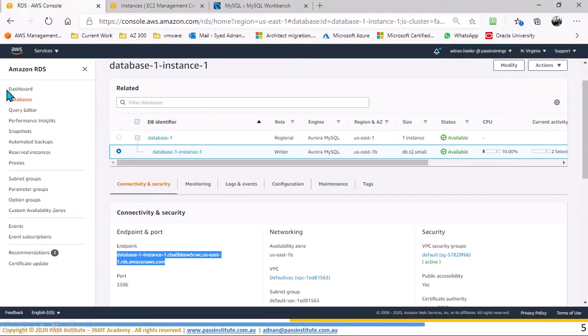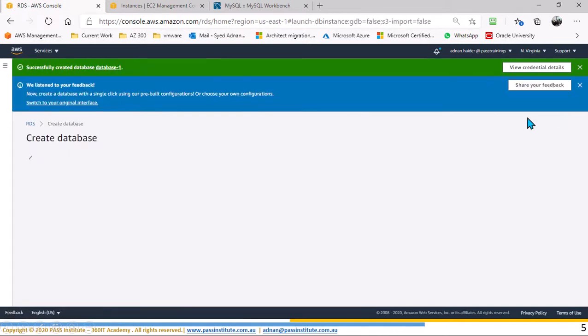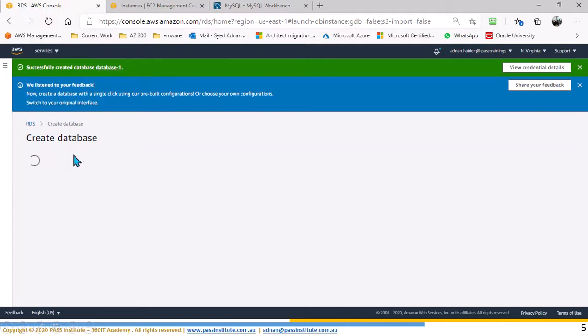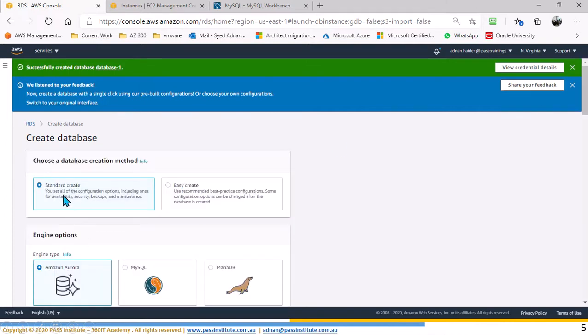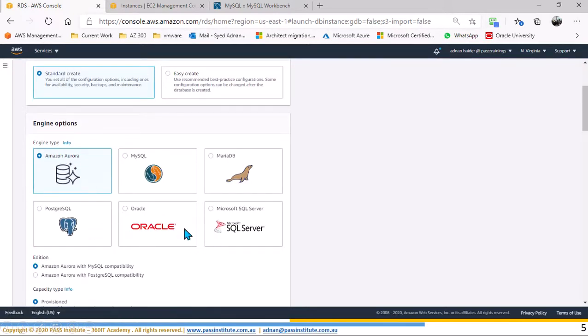So I'm here in the databases section, and all I need to do is create a new database. I'm in RDS. You can go to Services, Databases, and RDS. We're going to go with Standard create, and this time we are going to create